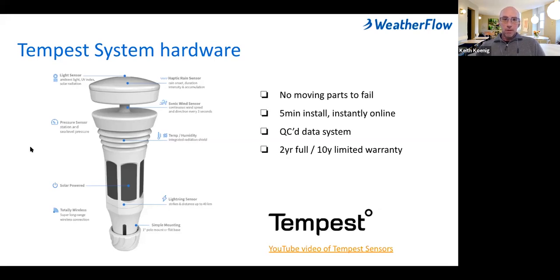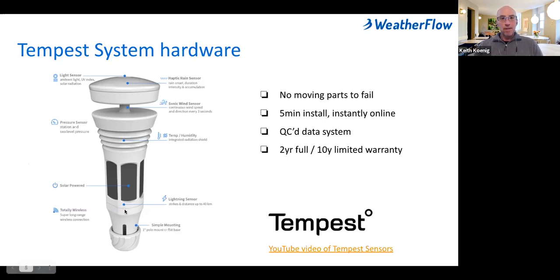Those of you who are electrical engineers probably realize the inadequacies of lithium-ion batteries, which stop taking charge when it gets below freezing. And so we've worked with our electrical engineering team to have a lithium titanate battery, which works into very, very cold temperatures to keep the device powered with very little solar input for about a month on end.